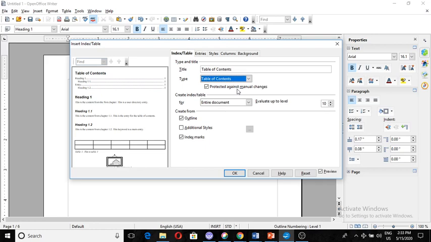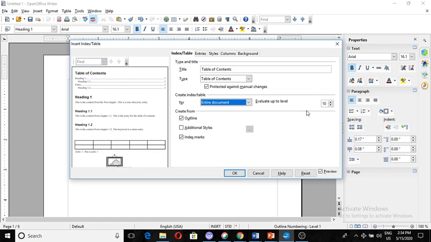This option should be checked because in our book the chapter numbers have a particular place, their page numbers are fixed. So if you are not checking it, then anybody can make changes in the table of contents, and the purpose of the table of contents will not be met. This is the option create index table. You can create the index or the table for the entire document, or only for some chapters. This is your choice, but here we will select the entire document.